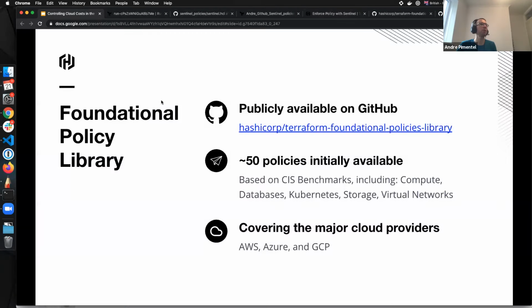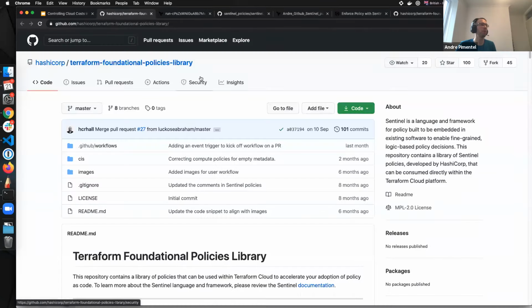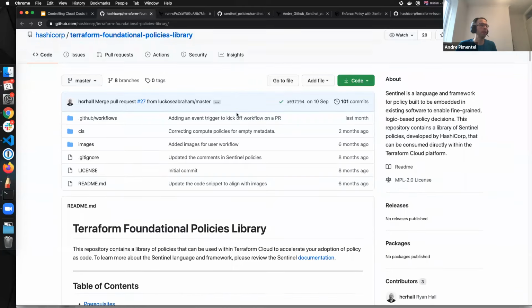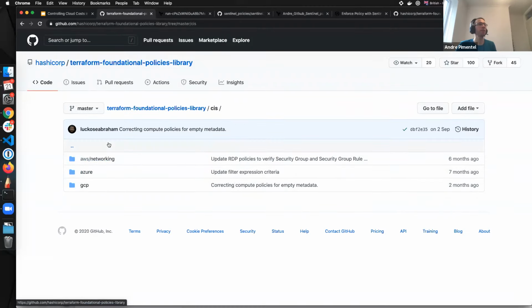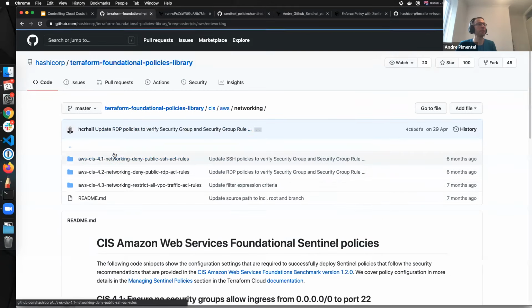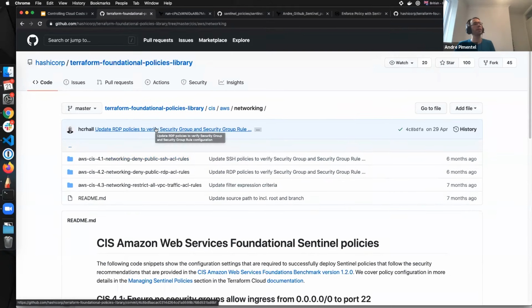The Foundation Policies Library is publicly available on GitHub. It was developed by the CIS together with us. And you have here a library of policies from specific cloud vendors. And they have also several examples here from the CIS.